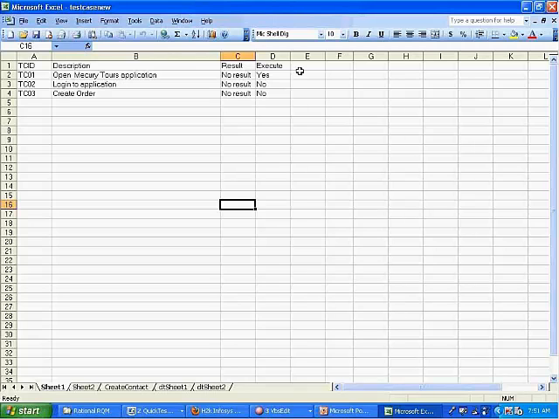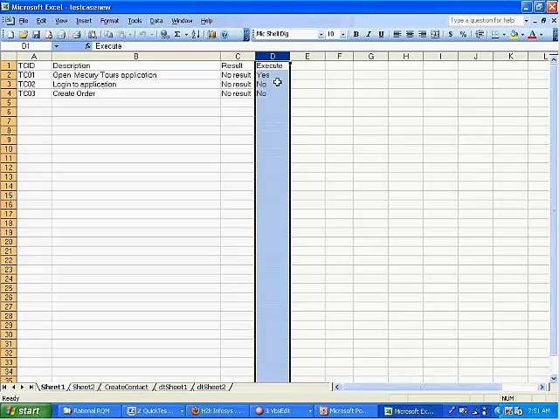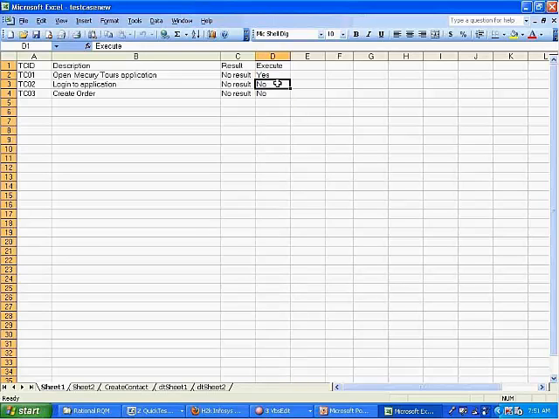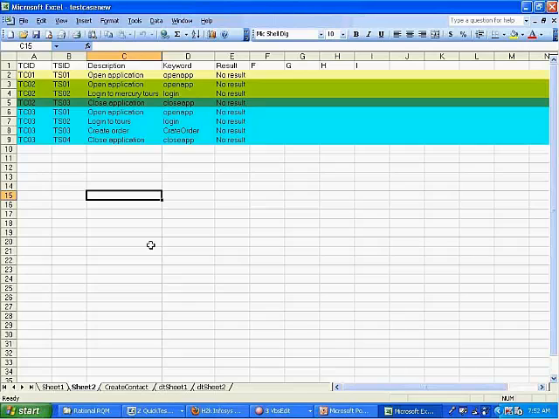What a control file has is an execution flag here. That's where you can control which test cases, which test scenarios, you want to run, by mentioning yes or no against the scenario. Then, depending on the scenario that is triggered here, it goes and looks in the test cases